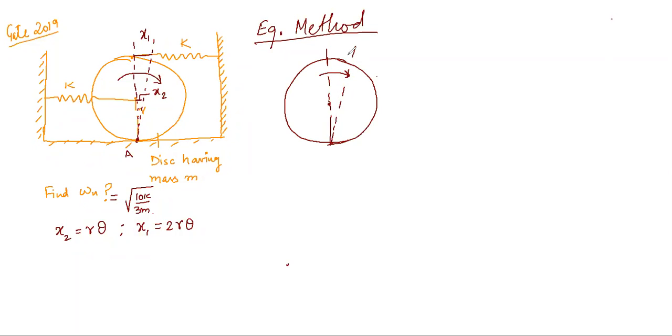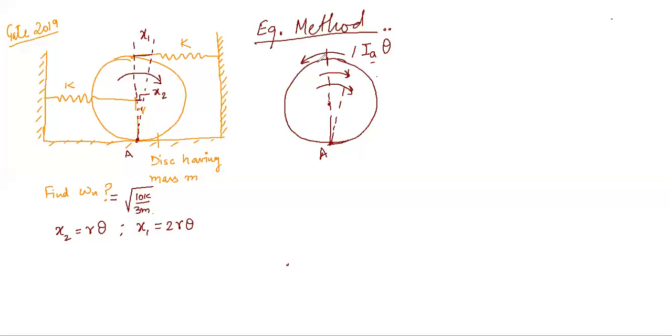a clockwise displacement. When a body is moving clockwise, there is one force which always acts opposite to the motion, and that is the inertia force, right? With respect to angular terms, it is the torque, defined as IA, the rotation about A, into theta double dot. Class, is that clear to everyone? So this is the one force acting on this particular body.